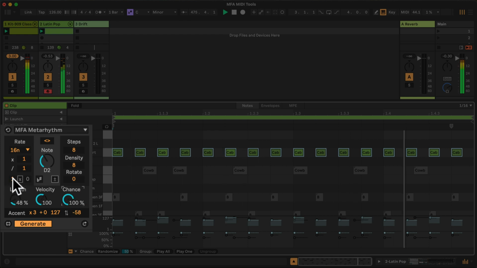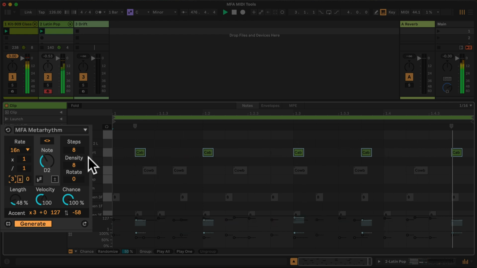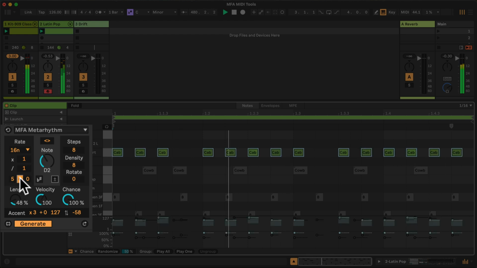And instead of playing every 1, I'm going to play every 5th, but I'm going to invert it. So now the pattern is based on every 5 count. So here's 5, and then,